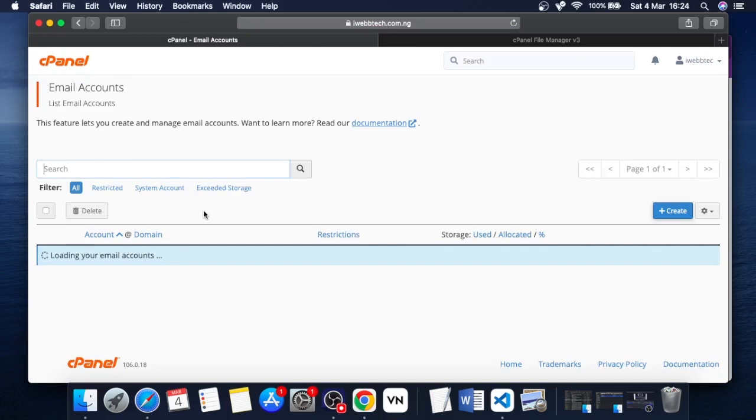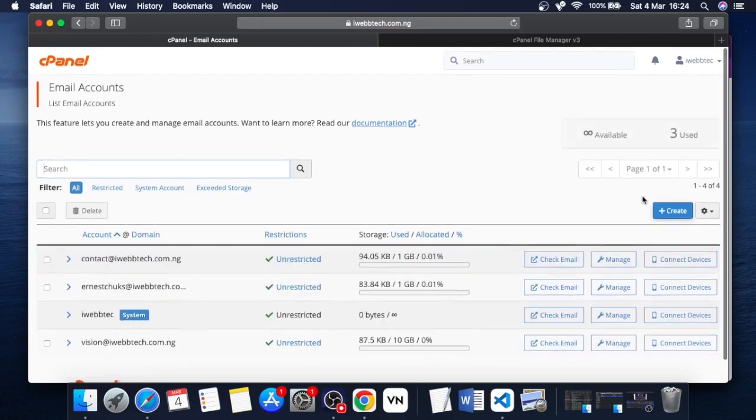So I'll click on email account. So from here I'm going to click on create email, but I'm going to be using the same vision right here. You can see that. So in your case, you're going to be clicking on create email right here. Click on create email and create email account. Just put in the email username and then put in the password, and you have an email already. So when you get here, after creating the email, this is the email right here that I want to use,